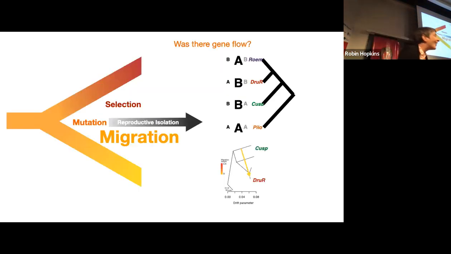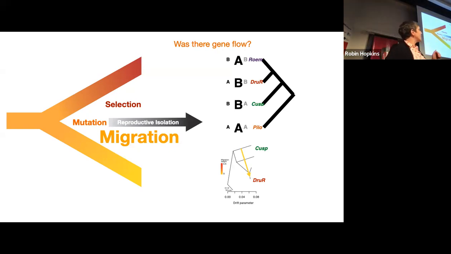All right, so in the end, this just tells us there's gene flow. There was the potential, and maybe still is the potential, for these dark alleles to be moving into the cuspidata species. Interesting though, gene flow happened in the other direction. What we actually see is that gene flow is happening from the cuspidata alleles into the Drummondii, much more than the other way around. And maybe that's why we haven't actually seen the sharing of this dark allele into the other one. Who knows? It's interesting, more to do.